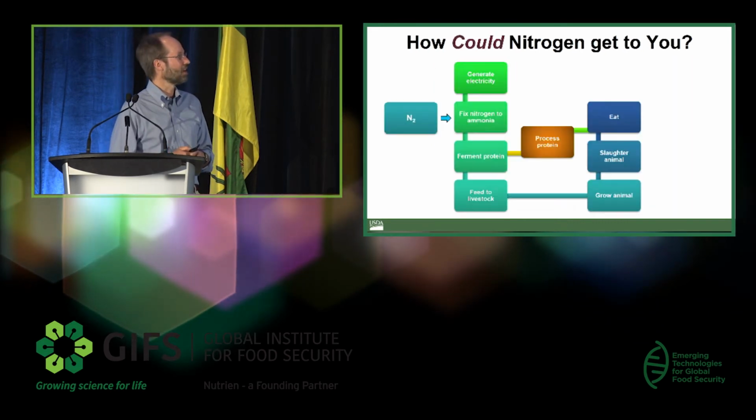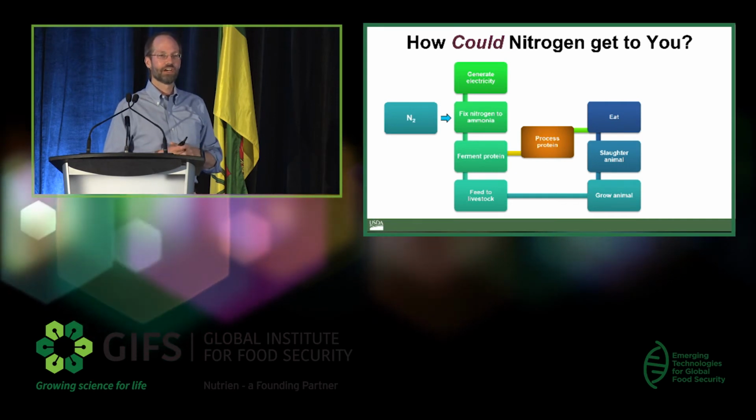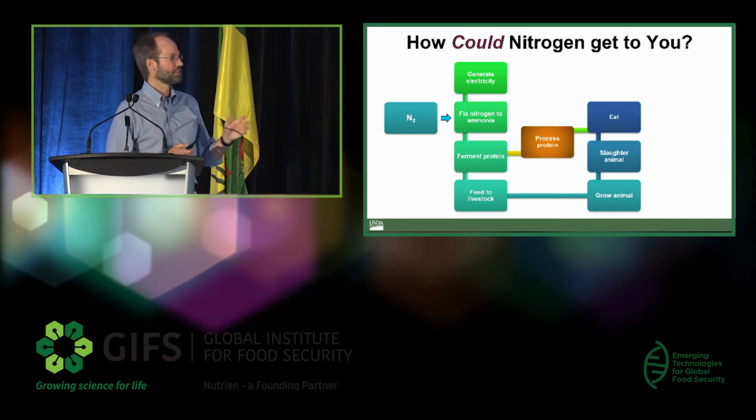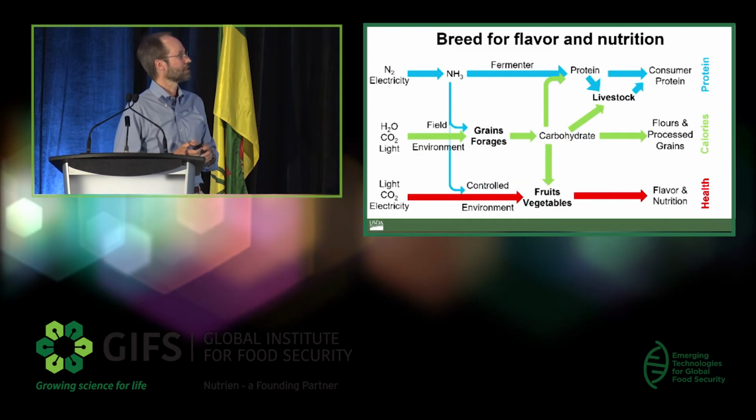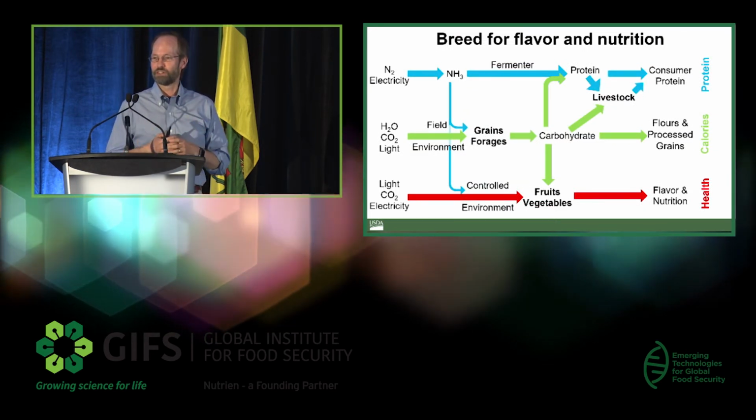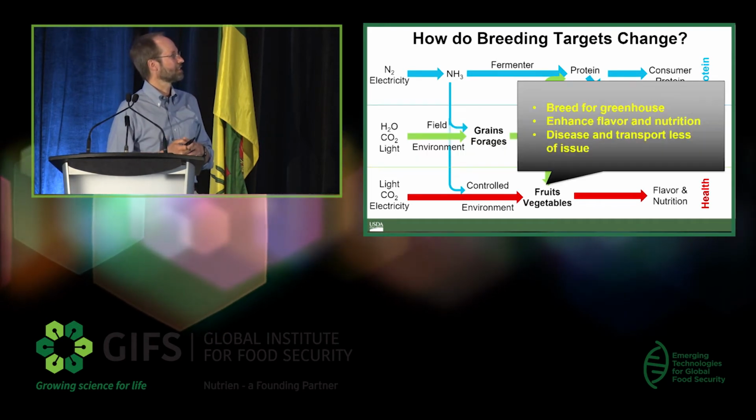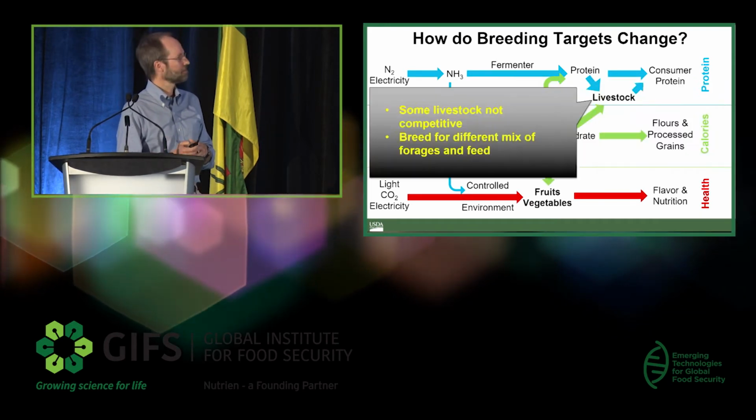Rather than having that long route, it would allow us to shorten up that route so that nitrogen is getting to people in a much simpler way. So from a breeding point of view, as a geneticist and a breeder, how does this change what our targets would be? In the case of livestock,